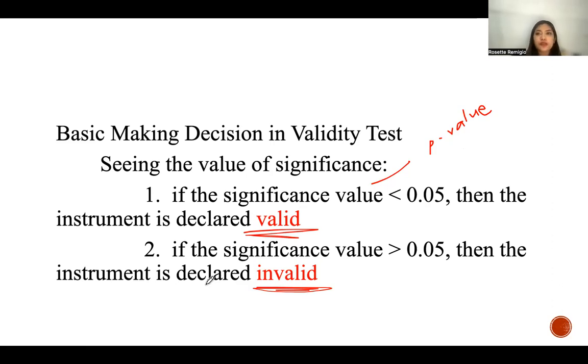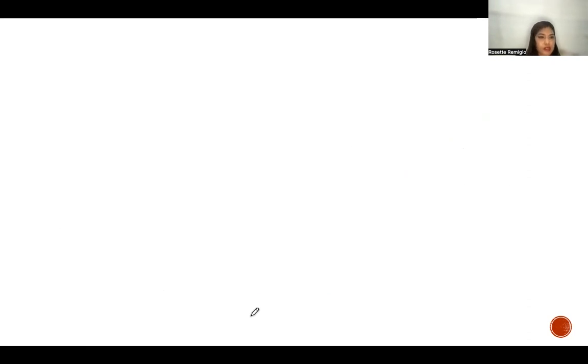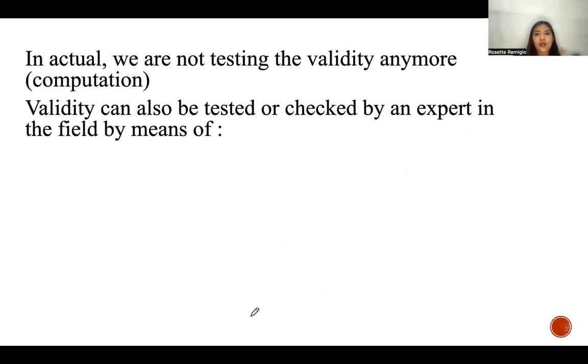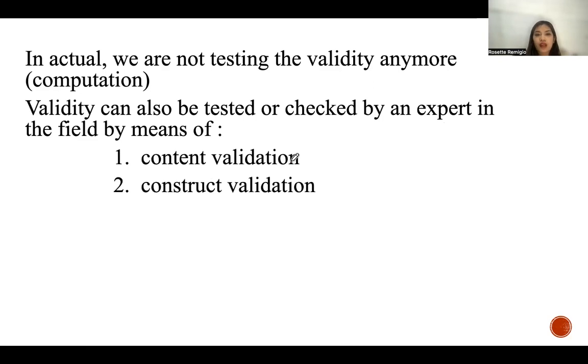Alright? So next, in actual, we are not testing the validity anymore or the computation. Validity can also be tested or checked by an expert by means of content validation, construct